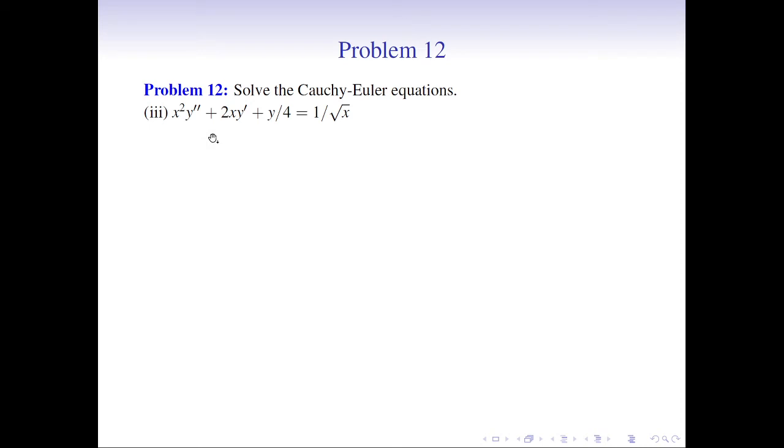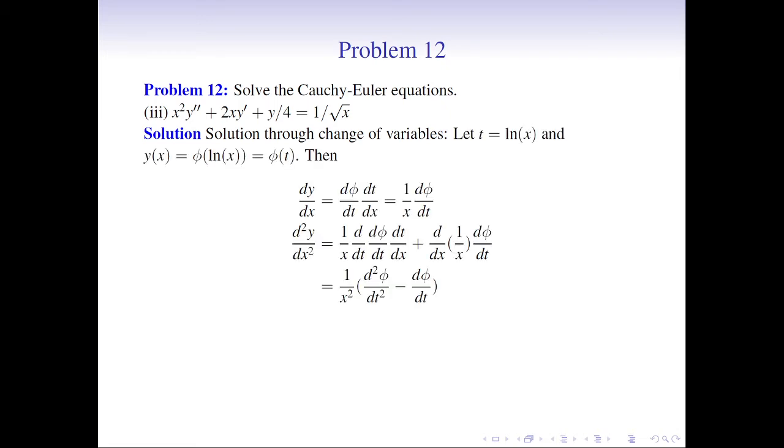But we know how to make the characteristic equation and go on to compute the complementary function and the particular solution once we have constant coefficients. So let's see, by some substitution method, can we get this into that form, right? So let us begin. We do a change of variables, all right? So we let t be equal to ln x.